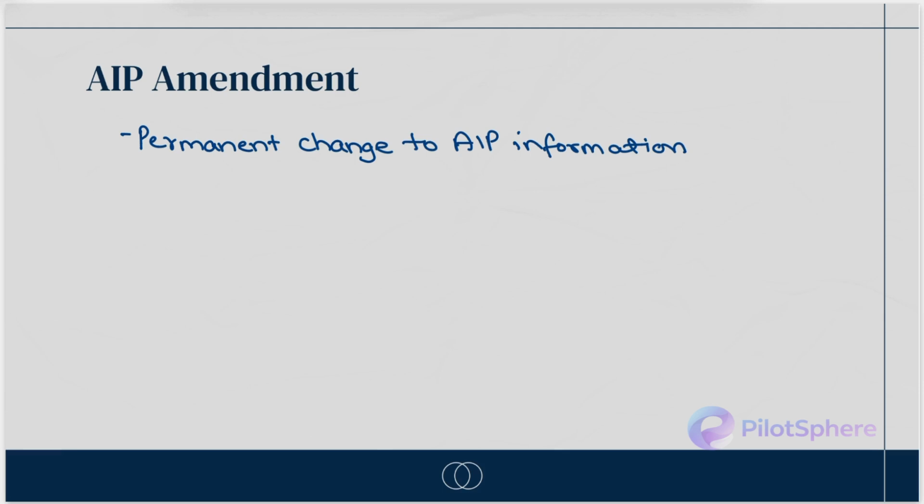How is the AIP amendment added? Two ways. If it is a printed document, the Airport Authority of India will maintain a fat little binder of the hard copy of all the AIP pages and everything.